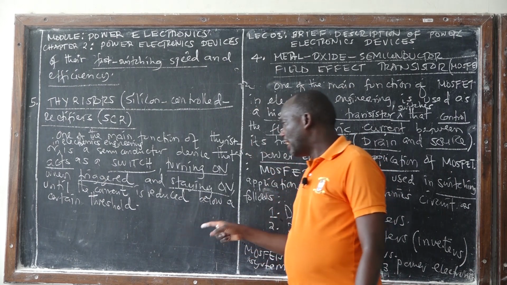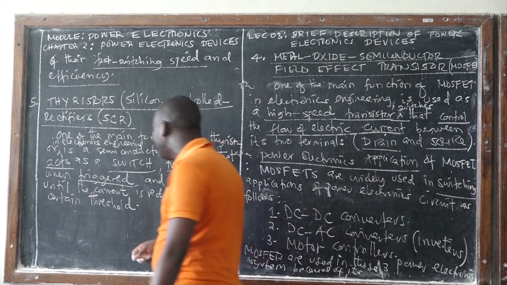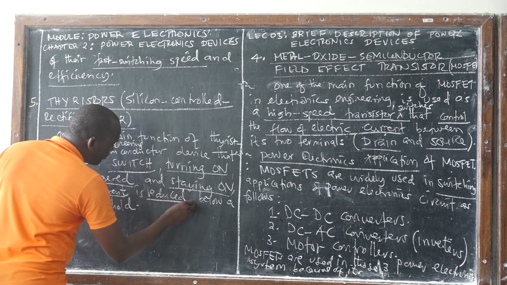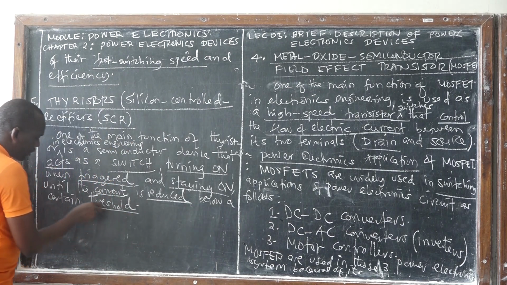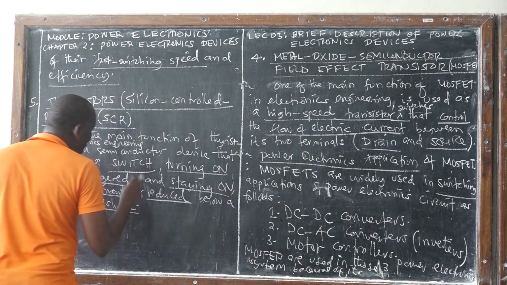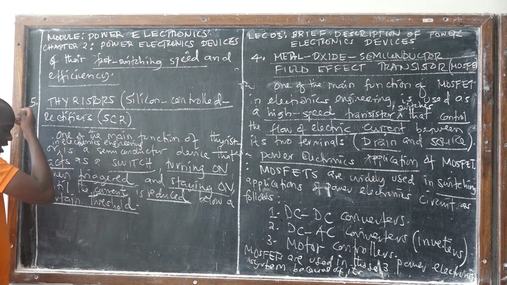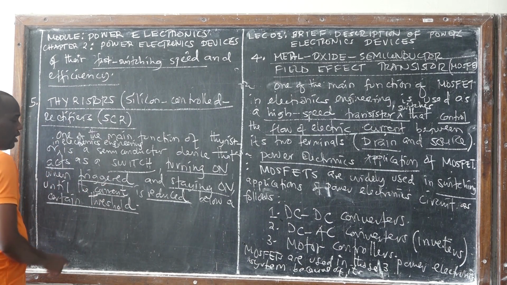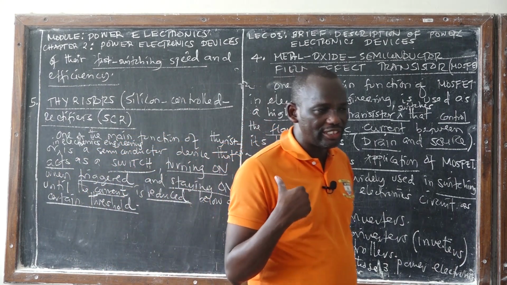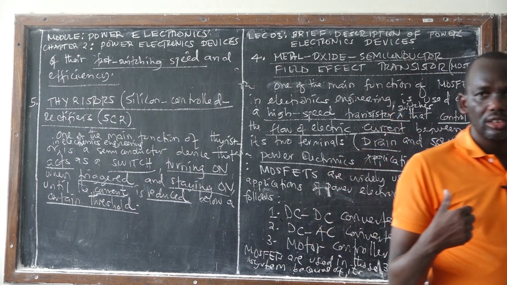When it is triggered, it stays on until the current is reduced below a certain threshold. What does it mean? Say we have a silicon controlled rectifier. Then we say it has been triggered to switch on, because when you say it can act as an electronic switch, it means it can turn on and turn off. So one of the peculiar characteristics of the thyristor is that it can turn on when it is triggered